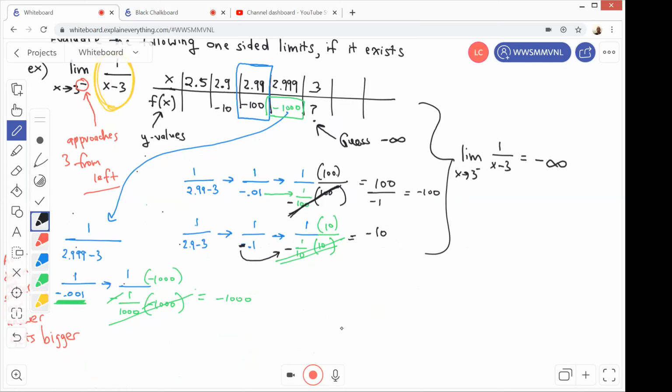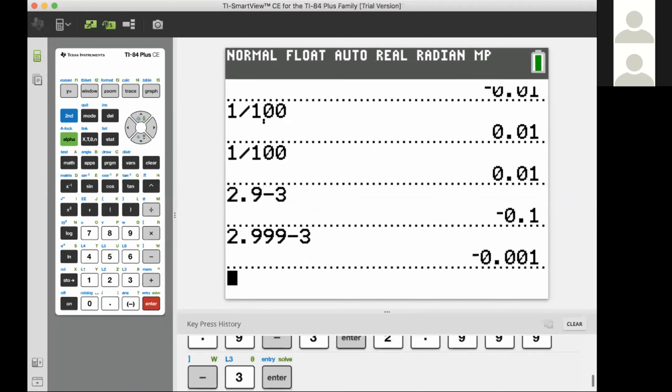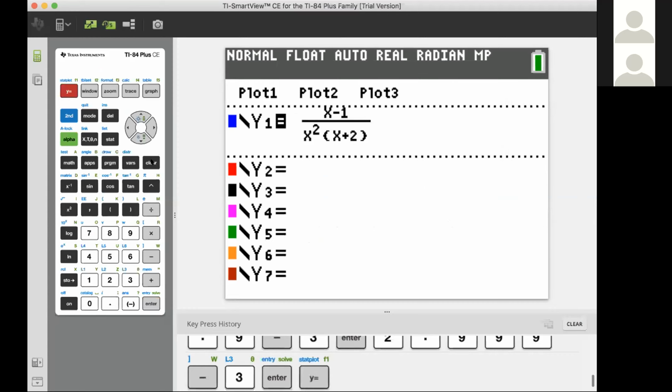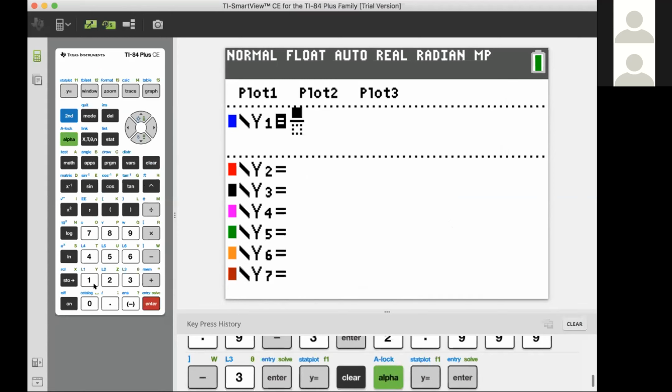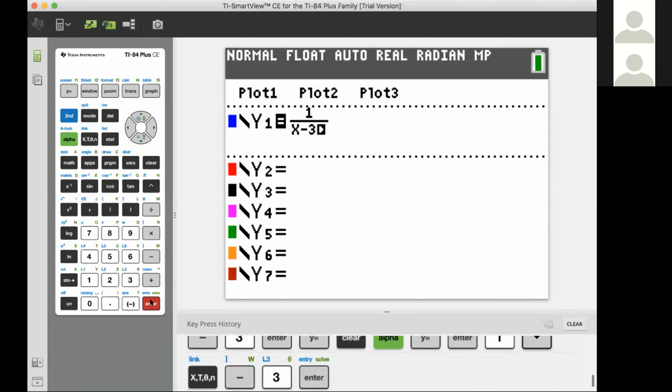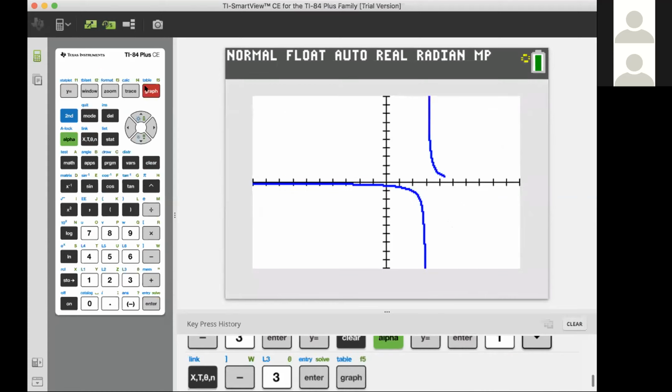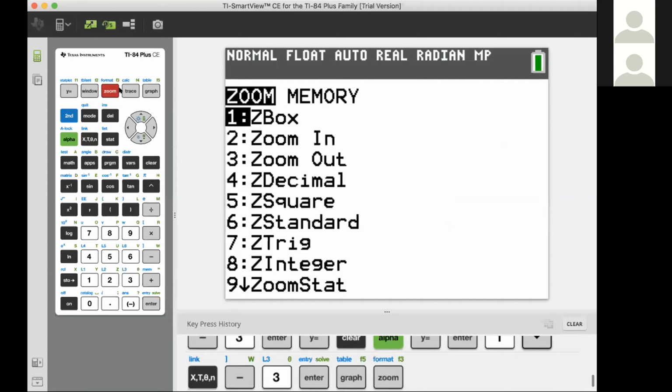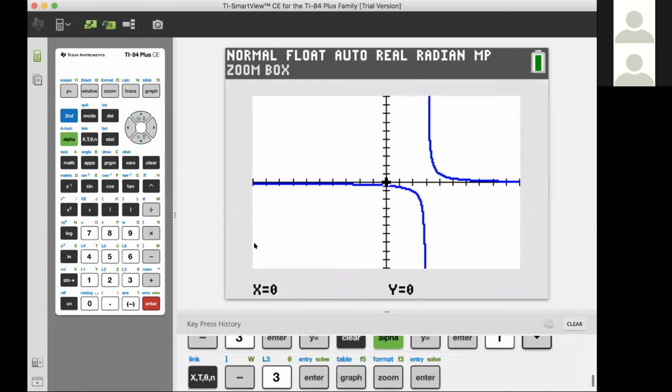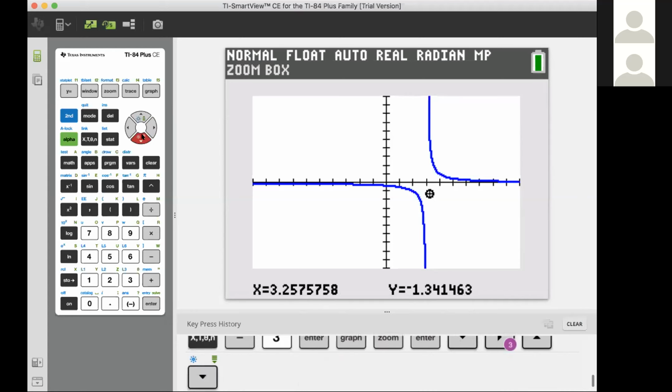Here's my TI-84. As you can see, I was doing the calculation on the TI-84 right there. I'm going to go to y equals. We were graphing the fraction 1 over x minus 3. And the graph looks like that. Another type of zoom function that we could do is zoom box, Z box, number 1. If you press enter, you have a little cursor. So what you're going to do with the arrows is you can create a box of where you want to zoom in. See the little cursors moving around? The moment I press enter,